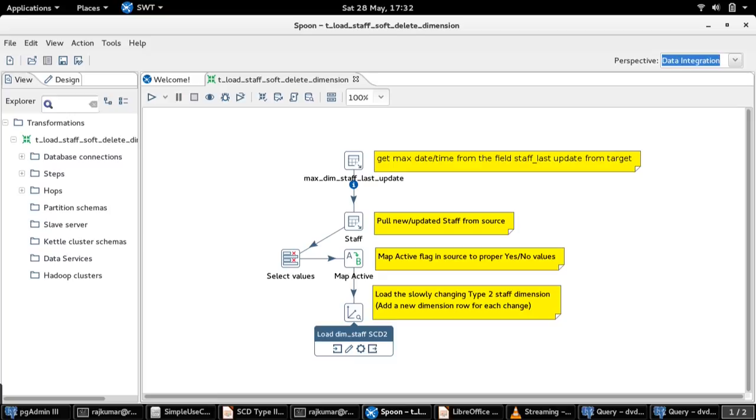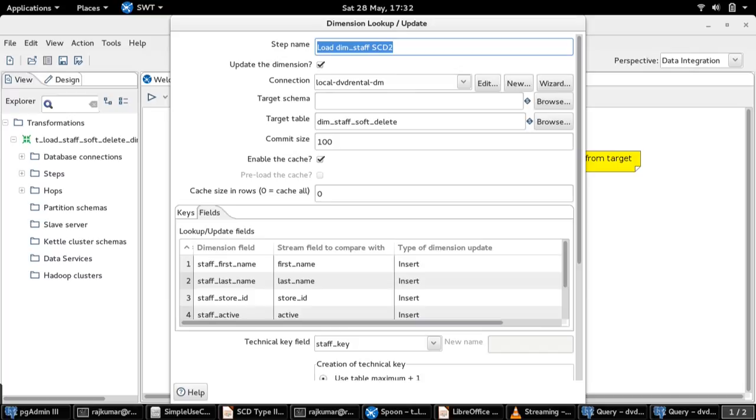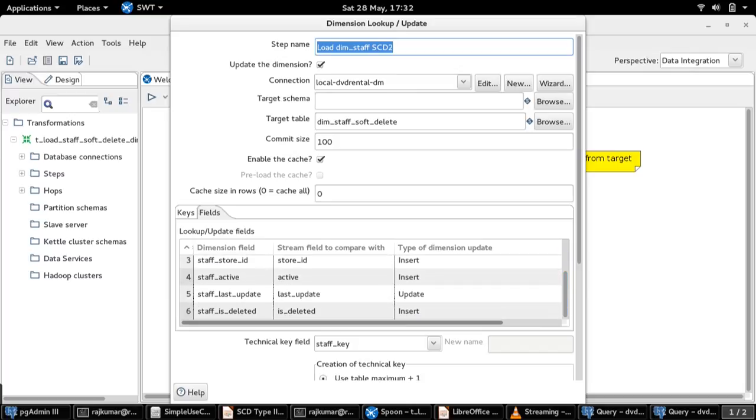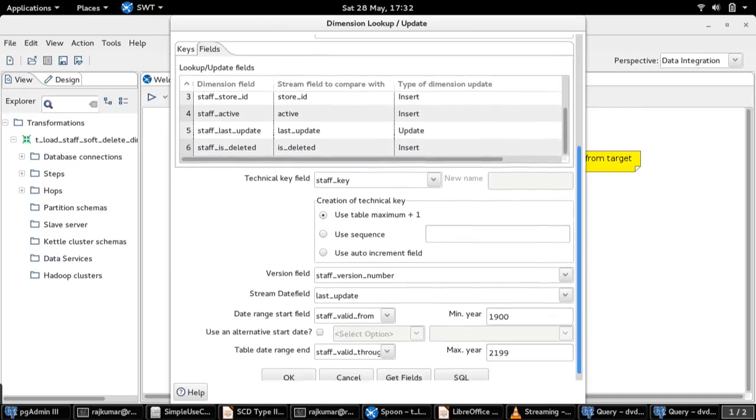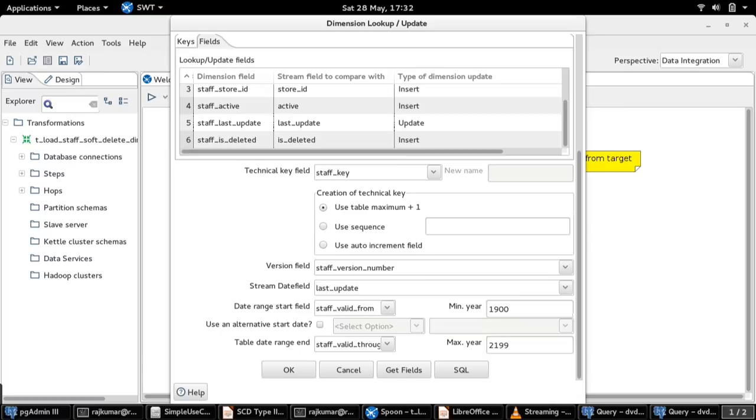The only change in this transformation is that in the dimension lookup or update ACD Type 2 handling step, as part of the field step, I have included this staff isDeleted field, where I have mentioned the type of dimension update to be of insert technique. So whenever there is a change involved in this attribute, a new record will be created, and this shows how the delete operation is being captured by the dimension table through ACD Type 2 operation.